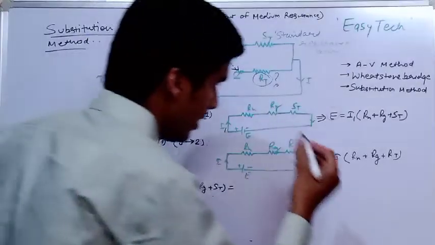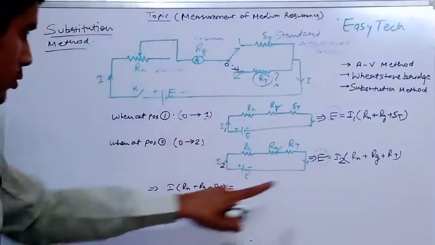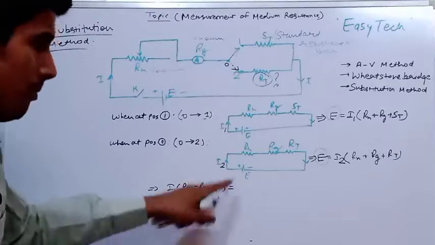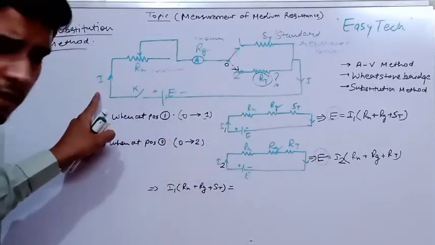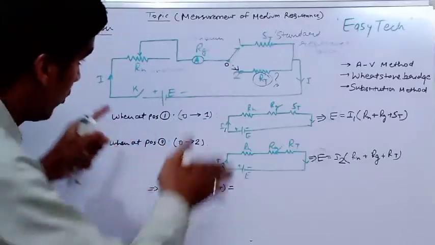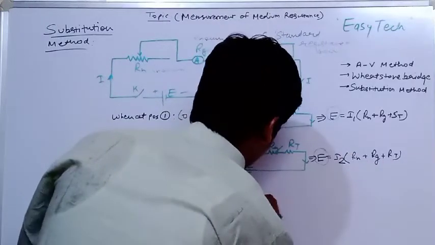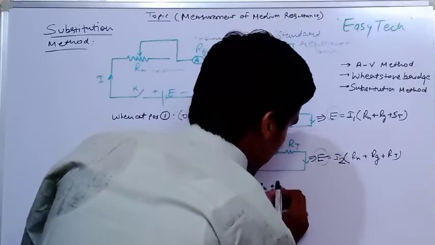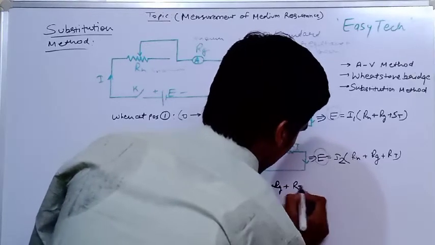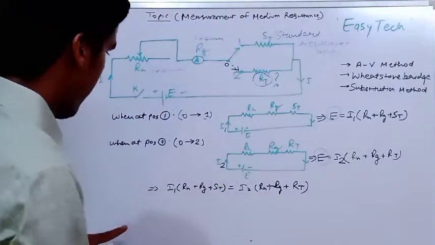ओके, सो इन द नेक्स्ट केस यू आर गोइंग टू कंसिडर द करंट इज I2. ओके, so here I1 will be there, RH plus RG plus ST, because in every case different current हो सकती है, रेजिस्टेंस की वैल्यू डिफरेंट हो सकती है बट वोल्टेज अक्रॉस जो वोल्टेज सप्लाई है वो ऑलवेज विल बी सेम. ओके, सो हियर इन दैट केस इट विल बी I2 ब्रैकेट RT plus RG plus it will be RT, it is RG.